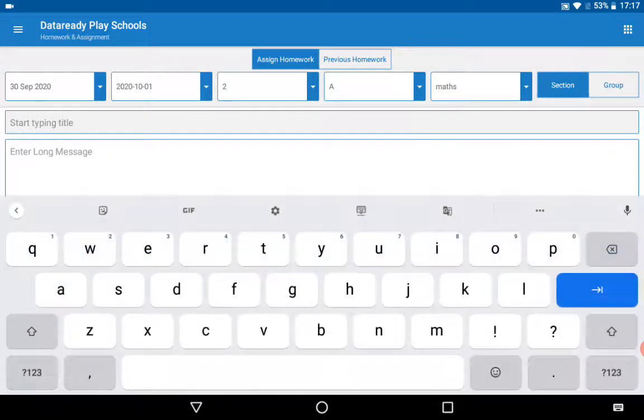Now here write the title, like maths homework on triangles.